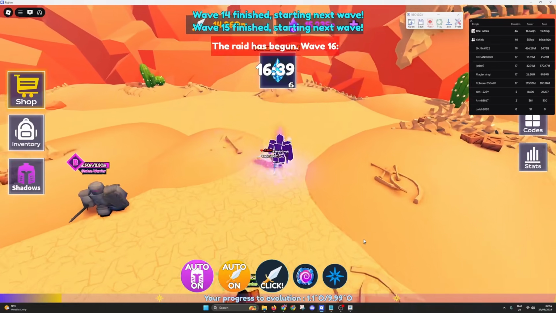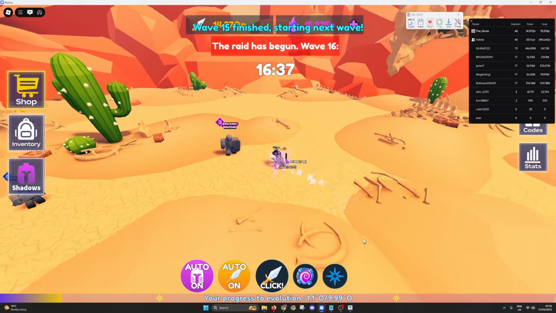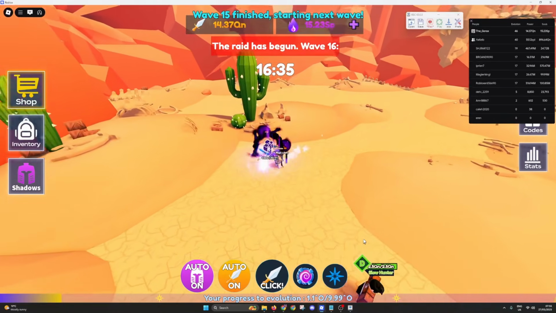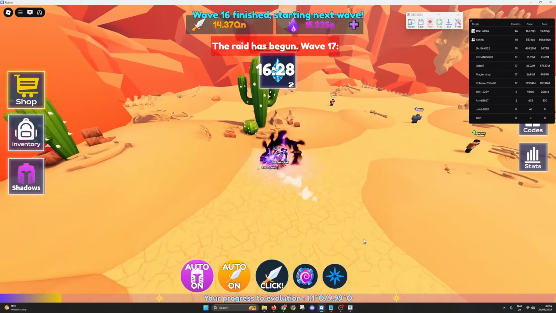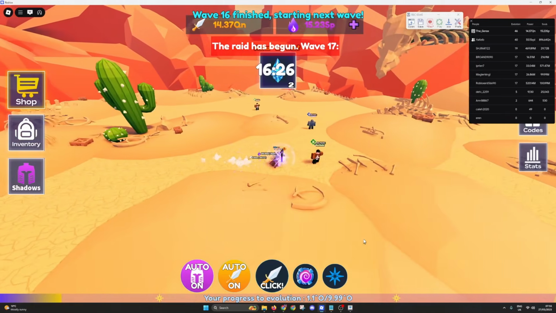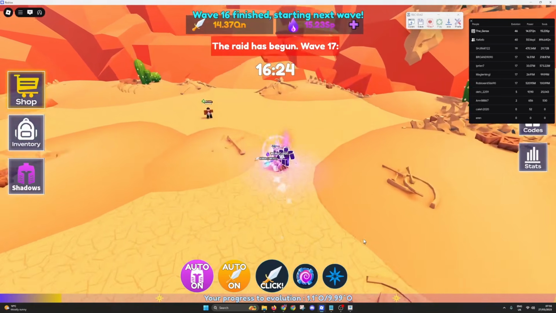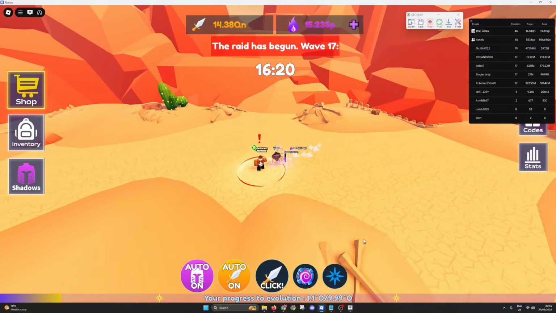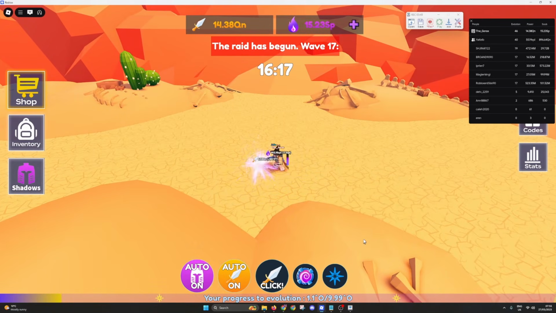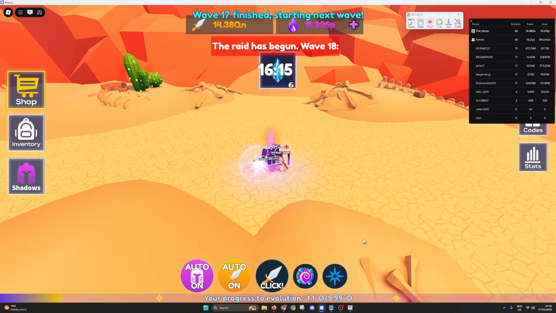And this way you kill 2 birds with 1 stone, as you are getting kills and you are getting materials required to upgrade your weapons, and in the future materials required to upgrade your shadows. So this is why it's so good to get both of those things, three things really, because kills matter as